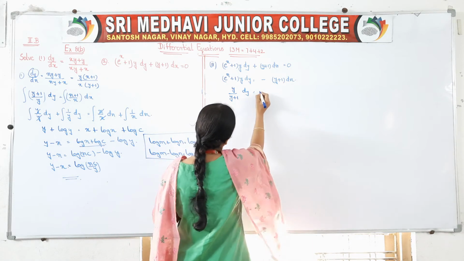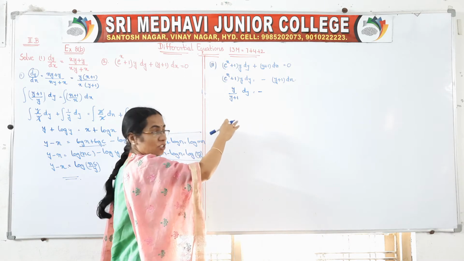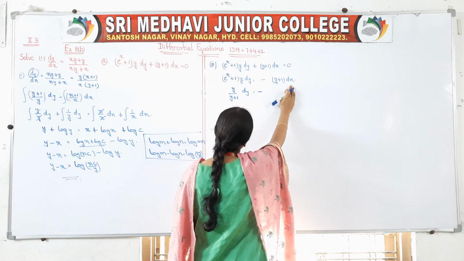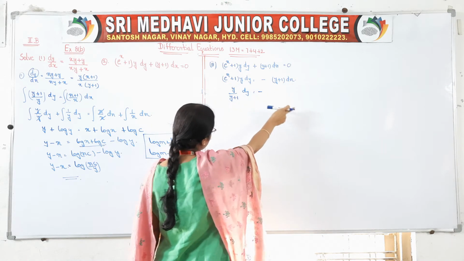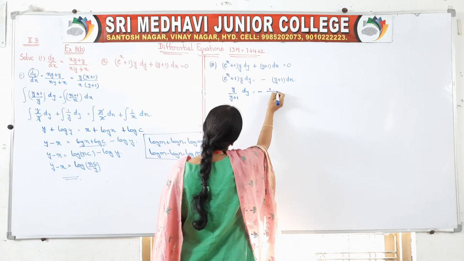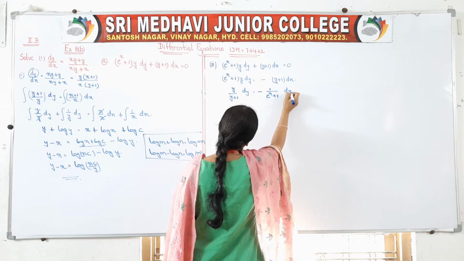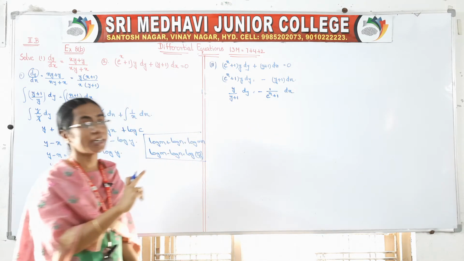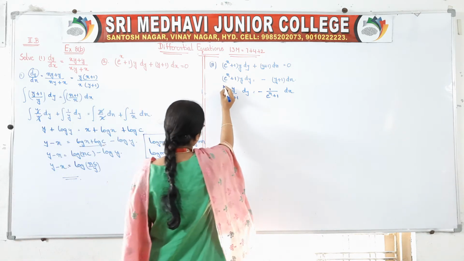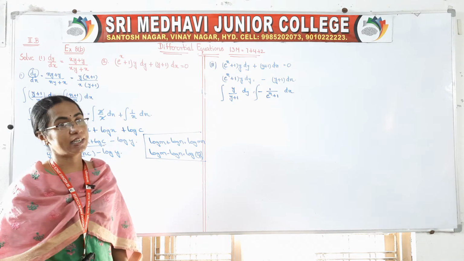Similarly, next minus dx, and here e to the power of x plus 1 means x term, and dx is here. So x terms should come along with dx. So send this term to that side. Here it is multiplying, if you send it to the other side, it divides. So it is e to the power of x plus 1 into dx. Now exactly y terms into dy, x terms into dx. So once it is over, then we will apply our integrals.